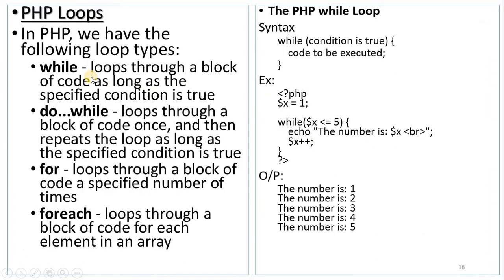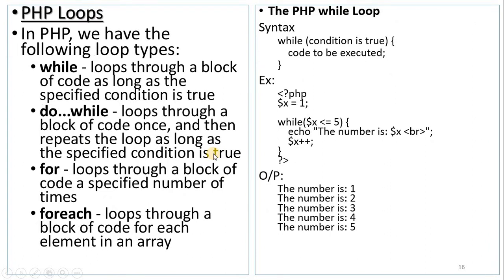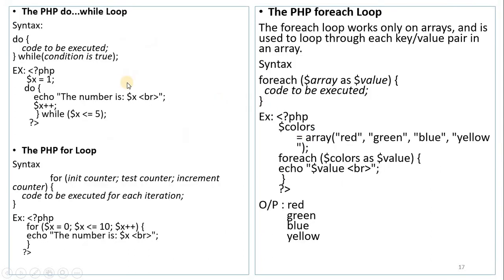The second one is do while loop. So here the main difference between while and do while is, if the condition is satisfied, the statements within the while loop are executed. It can be executed 0 or more times, whereas in the case of do while, the code is compulsorily executed at least once, and depending upon the condition it is executed the next time. So in the while loop, first the condition is checked and then the statements are executed, whereas in the do while loop the code is executed and then the condition is checked for true or false.